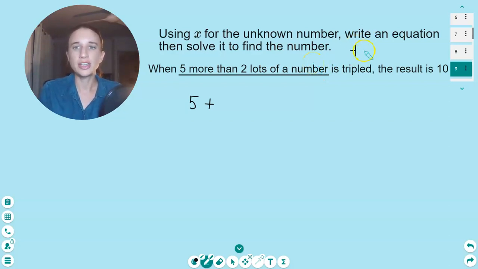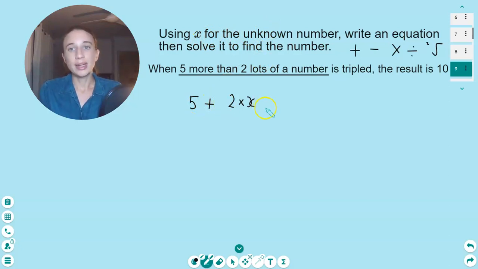Think about your operations: plus, take, times, and divide. There's also square and square root, but we're not doing that this lesson. 2 lots of a number, well, that's multiply. So 2 lots, 2 times x, because we're saying x is the unknown number. So 5 plus 2x